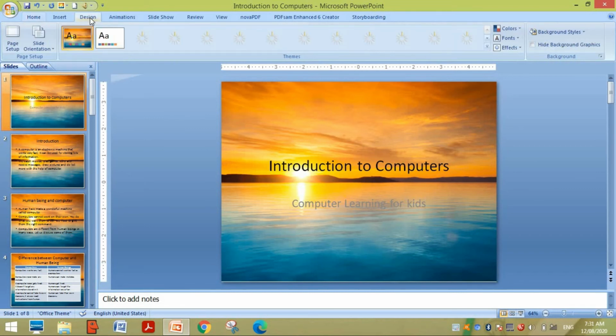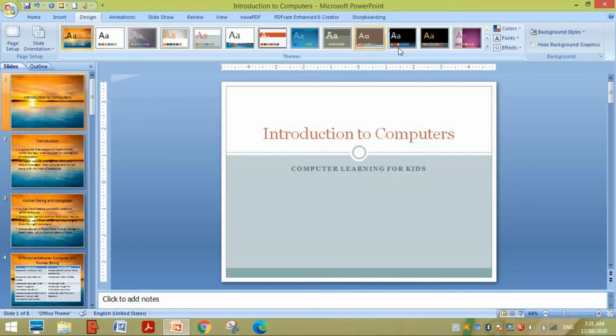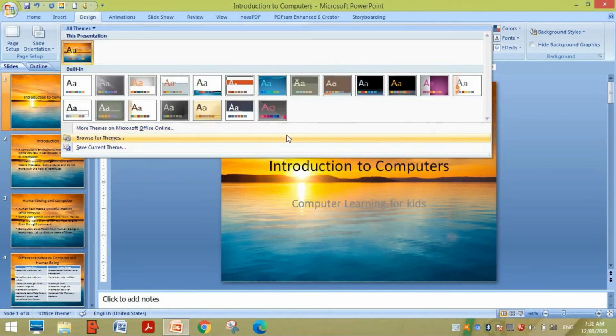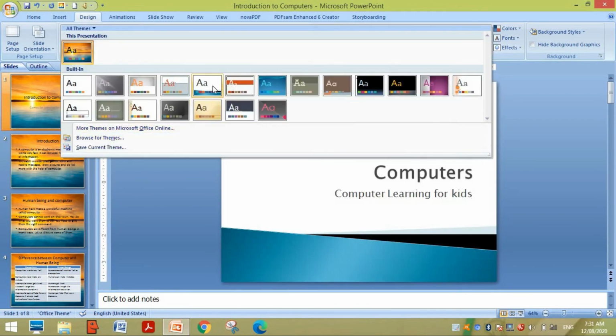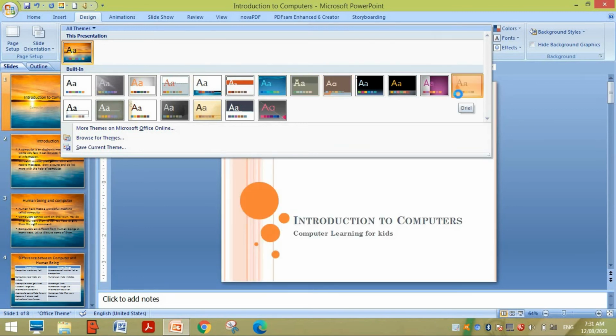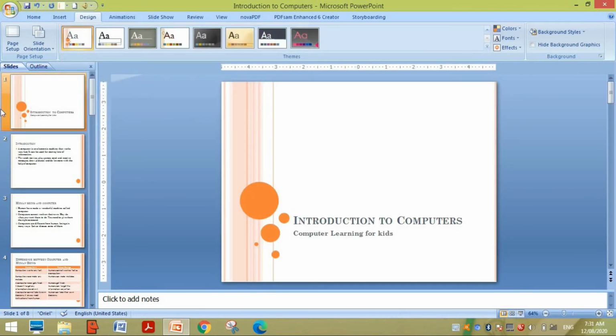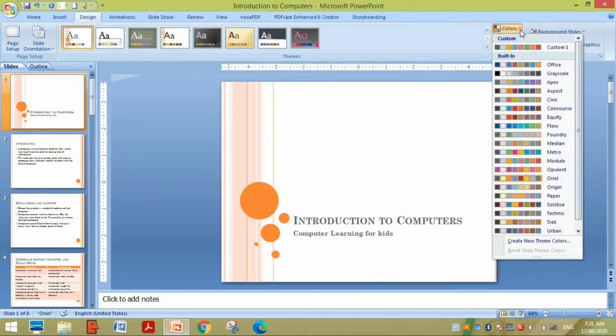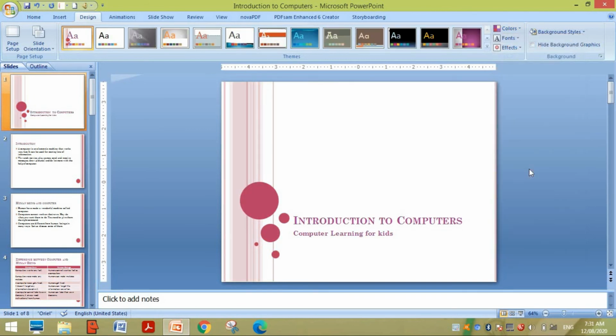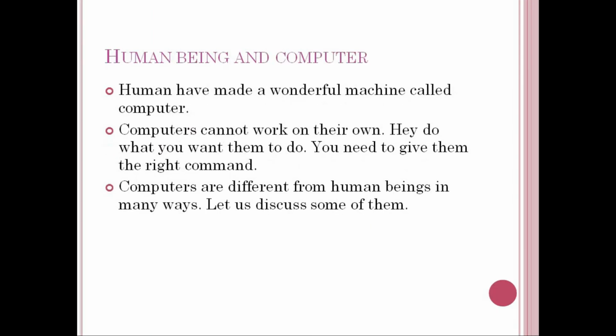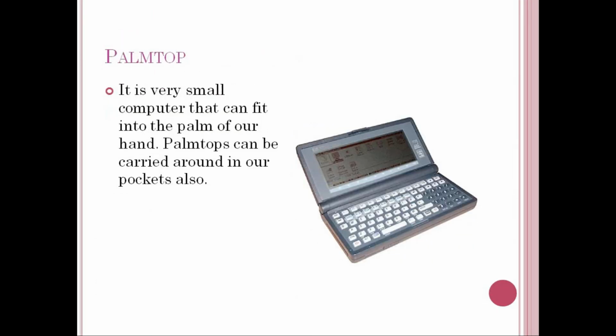Next option is to go to the design. You can choose the design which is given by default in Microsoft Office. Any of the designs you can choose and you can apply to all the files. So this way you can choose any design. If you want, you can change the colors of the design by going to the color panel. Whenever you slide the colors, it will show you one by one the effect of the different colors and combinations. Now same as well, you will see the slideshow from the beginning, and these are the slides which are now with a different theme and background.